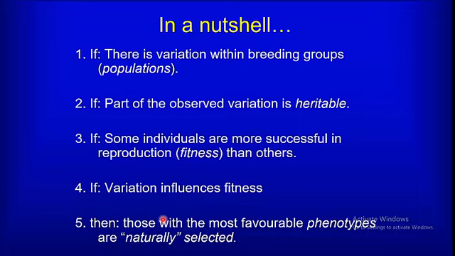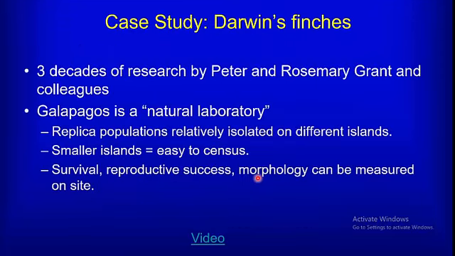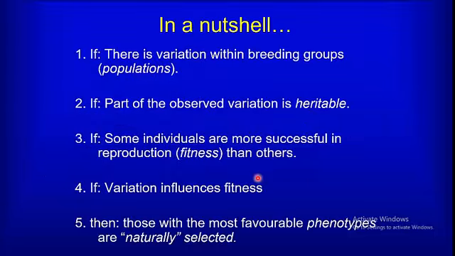As I said, the word naturally is not important over here. The word selected is the one where you should concentrate. Now, what we will do is we'll take the Darwin's finches case study that you saw in the HHMI video, but we are going to look at it in greater detail, explicitly seeing whether these 4 conditions are being met or not, and if they are being met, then how does one make inferences about how selection is operating